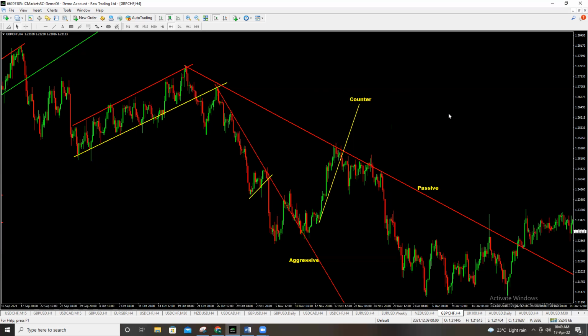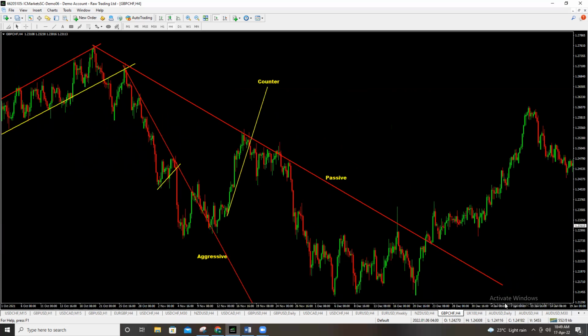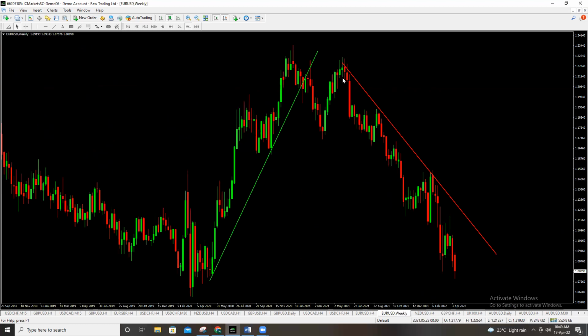Now, the types of trend lines. Remember, trend lines can work on all time frames. For example, you can have the weekly trend line. This is the Euro USD weekly chart. We came from a buying trend, so we had a buying trend line that was broken by a significant candlestick to the bottom side. You wait for a retest. Market trading back. And then now you can